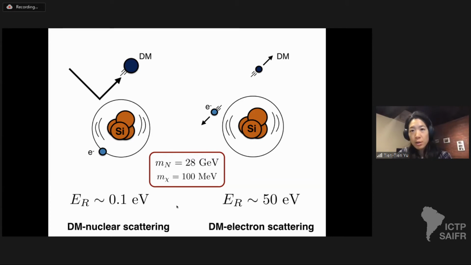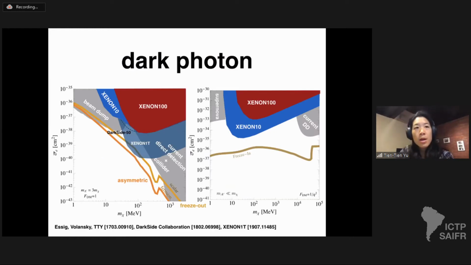In contrast, with dark matter electron scattering, because the dark matter and the electron are much better matched in mass, when the dark matter is 100 MeV, you can transfer about 50 eV of recoil energy. So it's still a low amount of recoil energy, but it's at least within the realm of detectability for experiments. Given this idea of dark matter electron scattering, this was proposed several years ago by Reuven Essig, Tomer Volansky and Jeremy Mardon. You can recast existing experiments, in particular the liquid xenon experiments, and later on liquid argon did this as well, into limits for dark matter electron scattering.